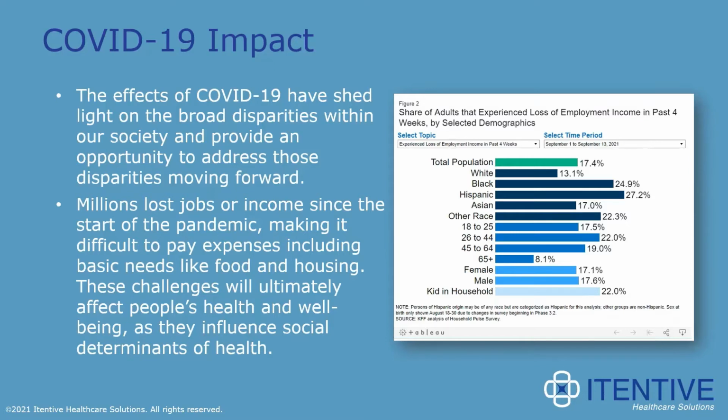And not only that perspective, but also looking at those who maybe lost their jobs and now find themselves in need of social determinants of health assistance that never have before. You can see in the graphic on the screen here the data, including the most recent period, which is September 1st to September 13th, 2021. This shows that right now, more than 1 in 6 adults reported that they or someone in their household lost their job or their income. More than half of adults reported difficulty paying for usual household expenses. 5% of adults had no confidence in their ability to make next month's housing payment, and 8.8% reported food insufficiency